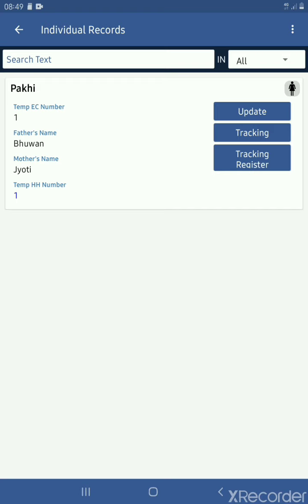So here we can see the basic information like name of the beneficiary, temporary EC number, father's name, mother's name, temporary household number. And on the right side we can see 3 buttons over here, that is update, tracking, and tracking register. With the help of update, we can update the information of the beneficiary at any time of our procedure.